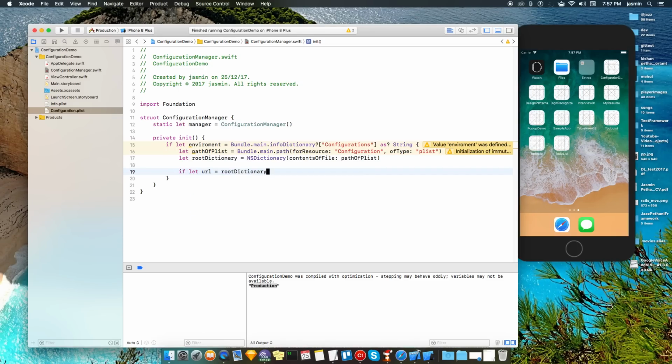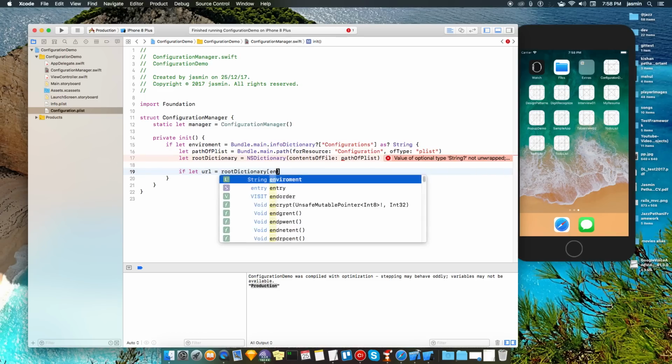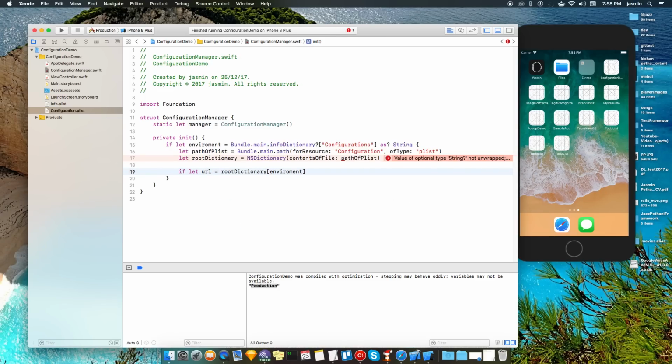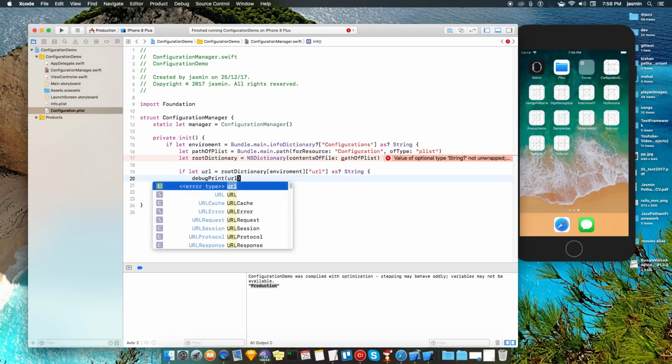The root dictionary is of key environment, and another is of URL as a string, and let's debug print and then the URL.